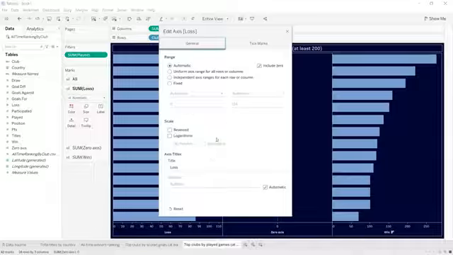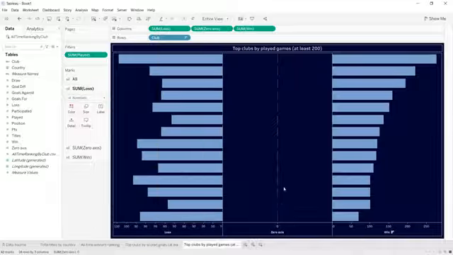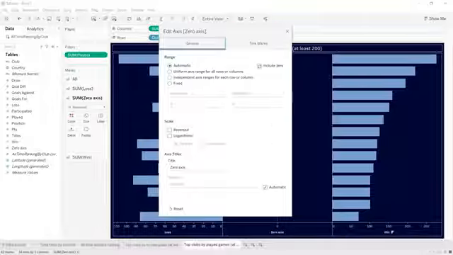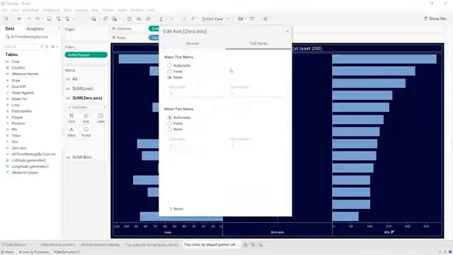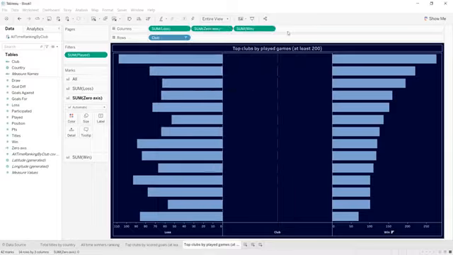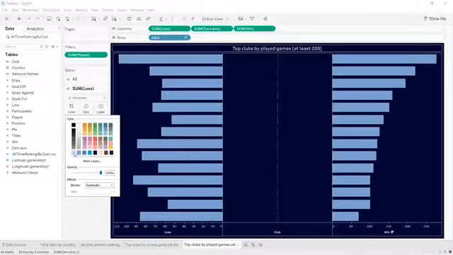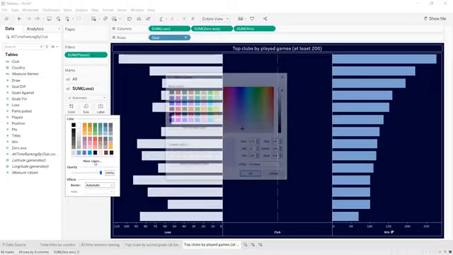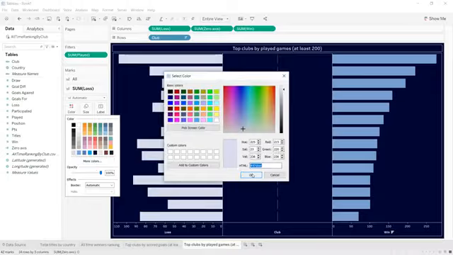Double click on loss and we click on reversed. Double click on the axis, tick marks none, and for the title it will be the club. Same thing for loss, the color will be the following color with the following code. Okay,